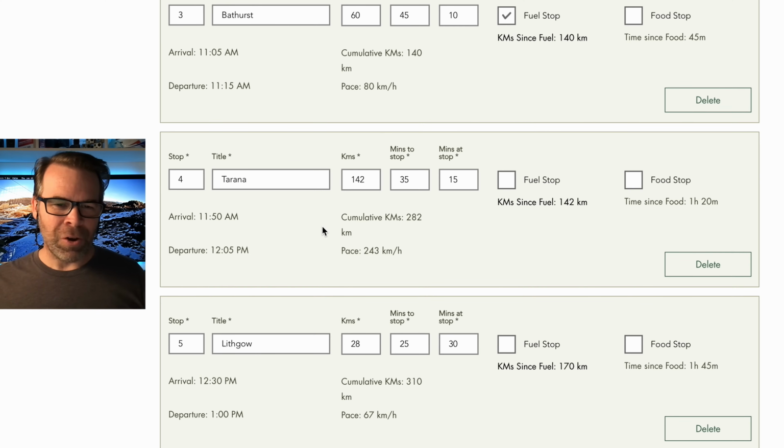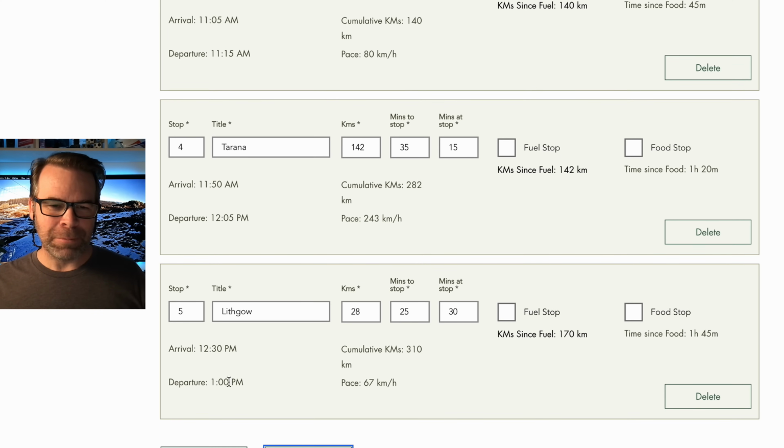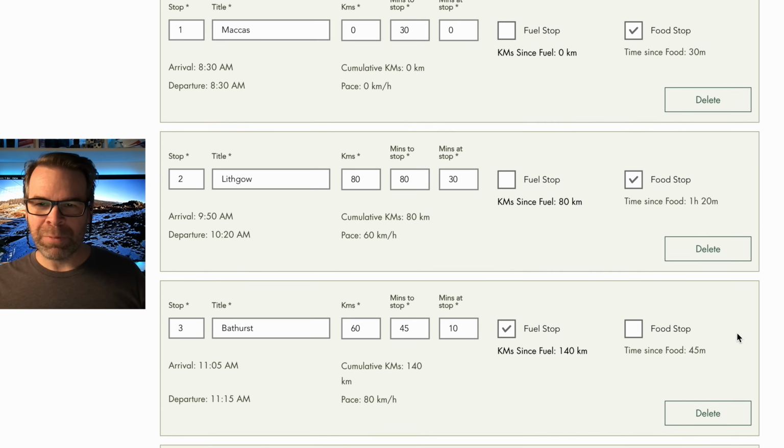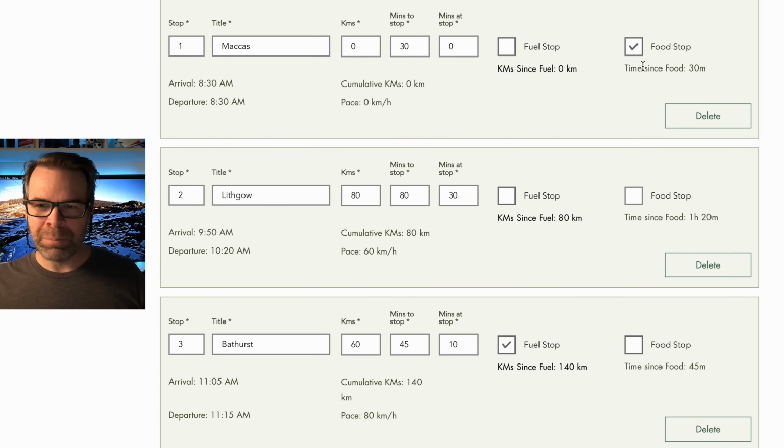The whole point of this calculator is to give you the planning to be able to determine where you're going to need to stop for fuel and, more importantly, food. We've got two things that kind of tell us where we're going to have lunch. One is based on the time, so we can see there that it's 12:30. But it's also been an hour and 45 minutes since we've had food. So even if we unticked both of those